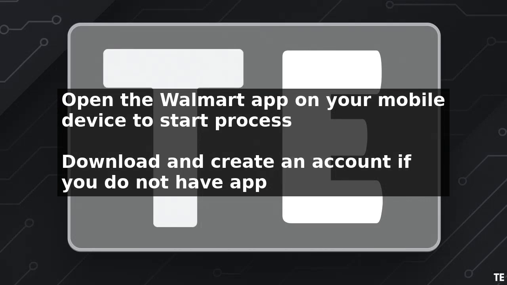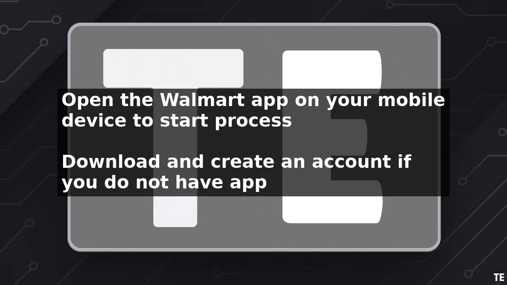To use a discount card on the Walmart app, start by opening the app on your mobile device. If you do not have the app, download it from the App Store and create an account or log in if you already have one. Once you are logged in, navigate to the Services section of the app where you will find the option to